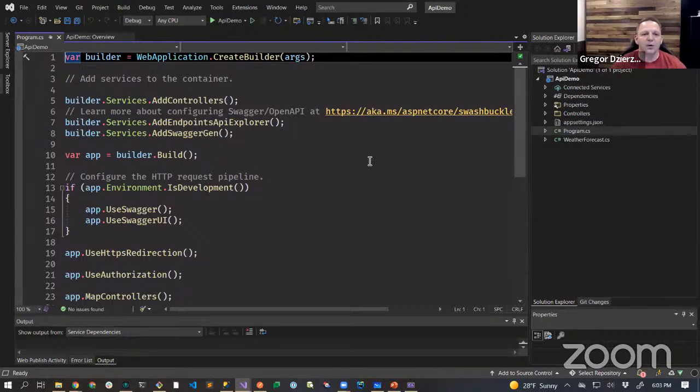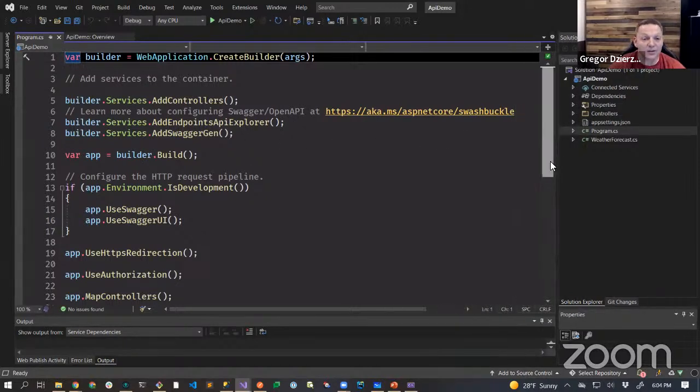And so instead of calling those methods to build your service, we just start by creating a builder, which is a web application builder. And it has all the services and environments and all the different variables that we need inside of here. So it's very quick and easy to launch a brand new application. So this hosts our web server right here. So you see, we're going to create a new builder with args